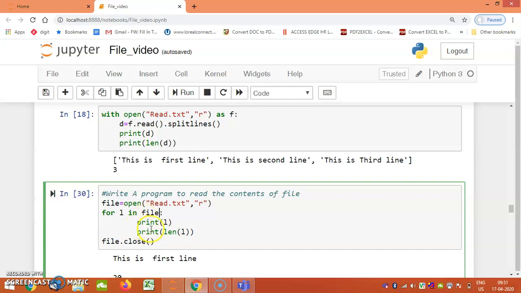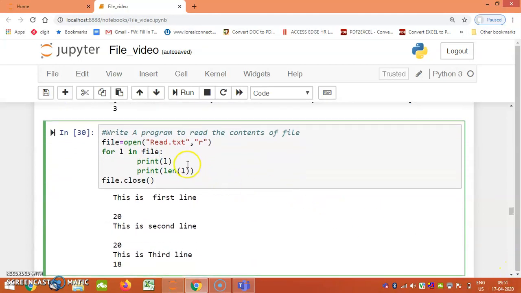So for L in file, whatever contents it has read, we will print it. Then we will print the length of whatever it has read. So you can see what exactly the output is. The same file, read.txt.